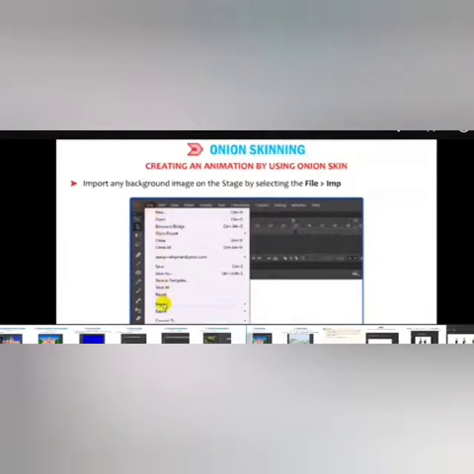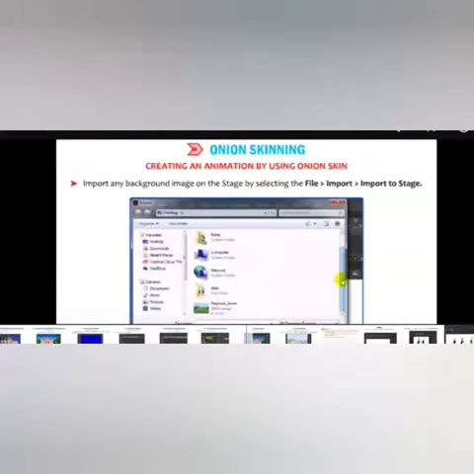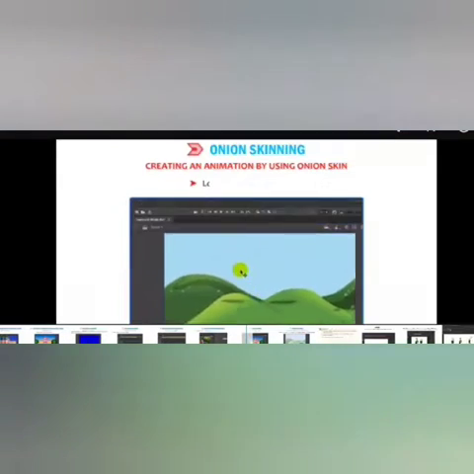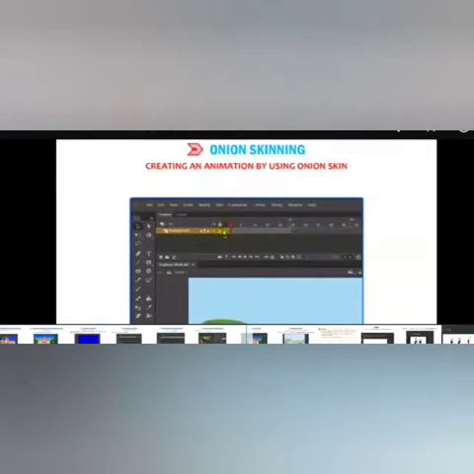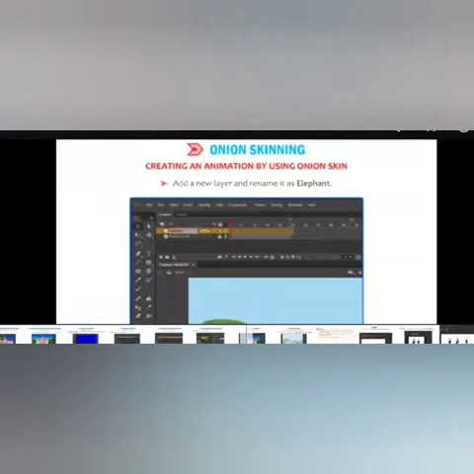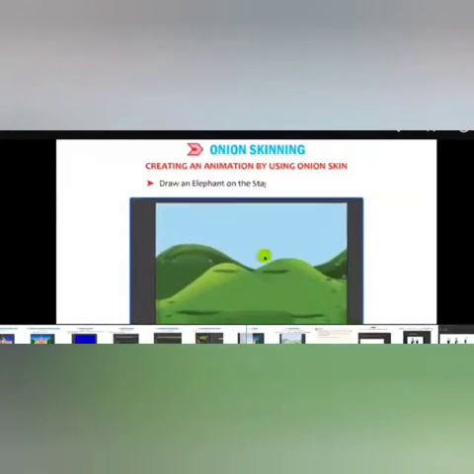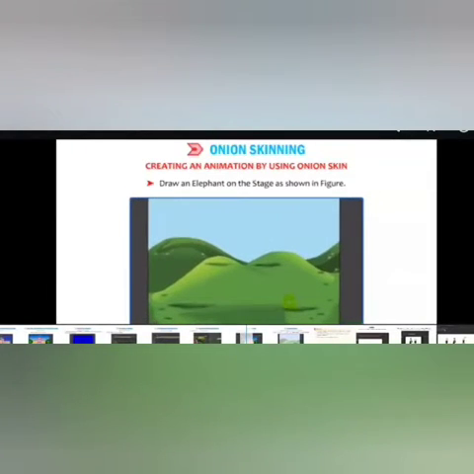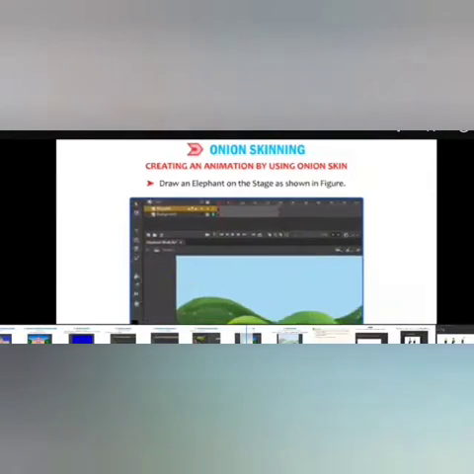Open a new file and import any background image on the stage by selecting File, Import to Stage. Lock the background layer, add a new layer and rename it as elephant. Draw an elephant on the stage as shown in the figure.